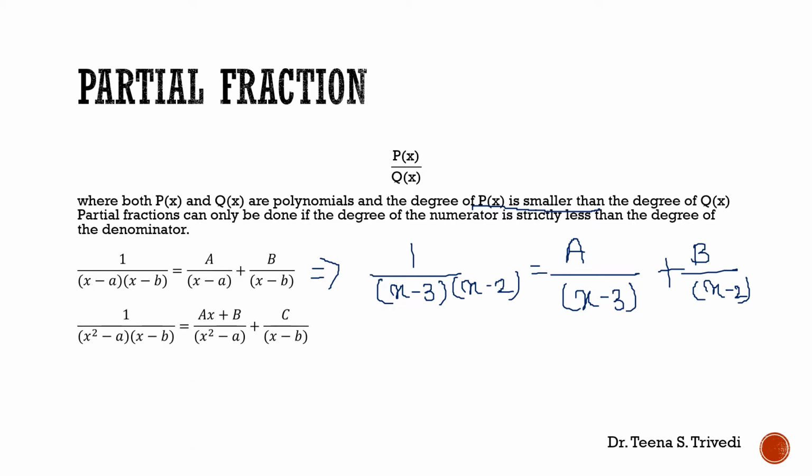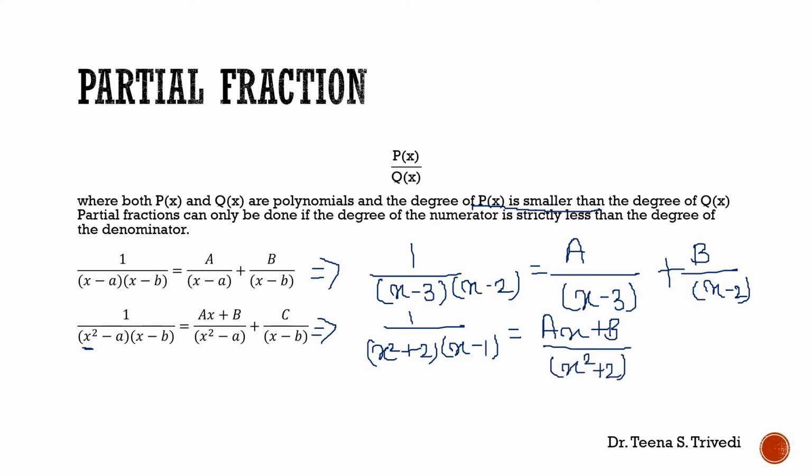Second, if (x square plus a)(x minus b) is there, then we write Ax plus B. For example, if there is (x square plus 2)(x minus 1), then I have to write Ax plus B, two constants for the first term, x square plus 2, and